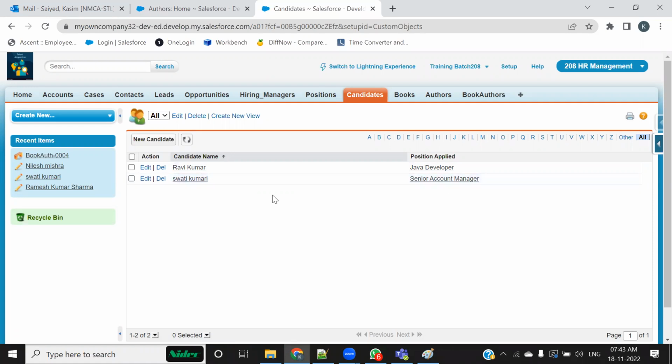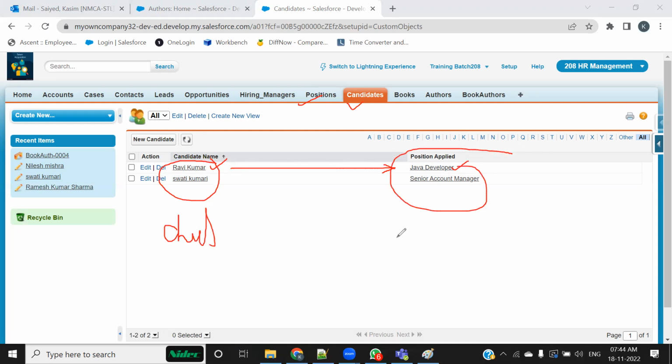Here in this case, Ravi belongs to which object? Ravi belongs to candidate. He has a relationship with this record, Java developer. And this Java developer belongs to another object called position. If I consider these as child, and these are their respective parents,